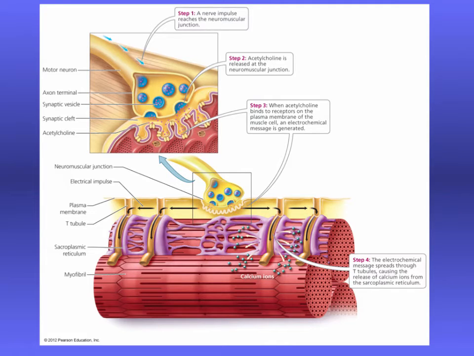Okay, so what's going to happen here now? This is the prequel to the idea of muscle contraction that we saw before. All the way up here in the neuron, we have a nerve impulse or a firing traveling down the axon to the point where it's going to cause the release of acetylcholine from these vesicles into the synapse. Now, once this acetylcholine goes into the synapse, it's going to bind to receptors in the plasma membrane of the muscle cell,